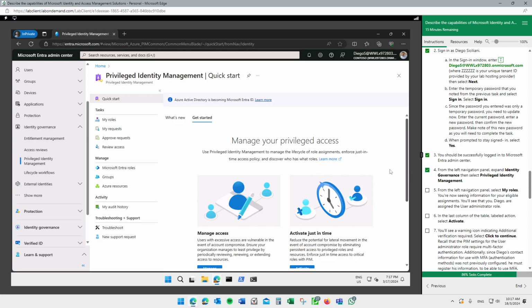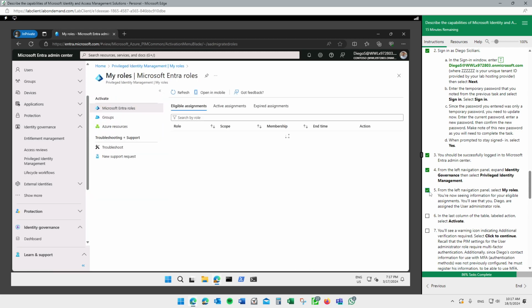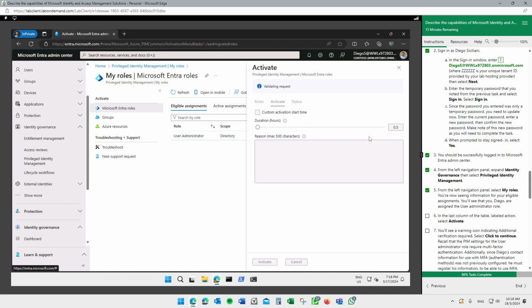Then Diago can see his role by clicking on My roles. Okay, then he can activate his new role. When you click this one here, notice that there is something additional that he needs to do. So click on this,